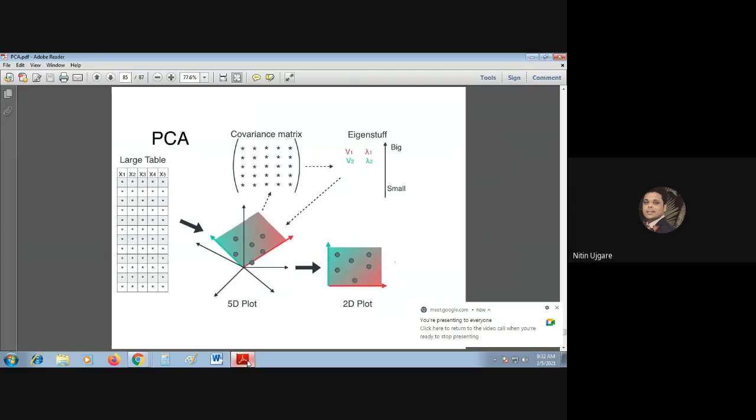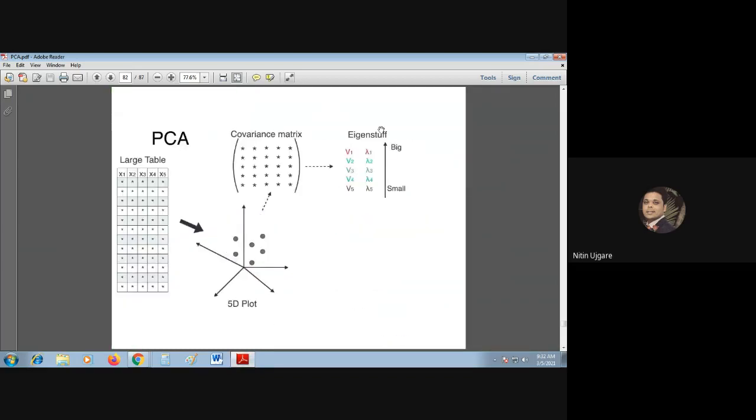If we are using 5 variables, how many principal components can we create using the 5 variables? So we can create 5 principal components. The number of variables, the number of features that you have within your data set, that many principal components we can create, right? You have seen in the earlier slide, because we have 5 columns or 5 dimensions or 5 features in the data set, that's the reason we got the 5 eigenvectors here.